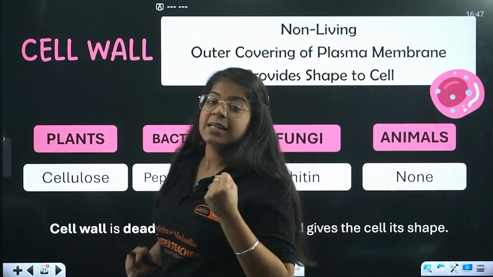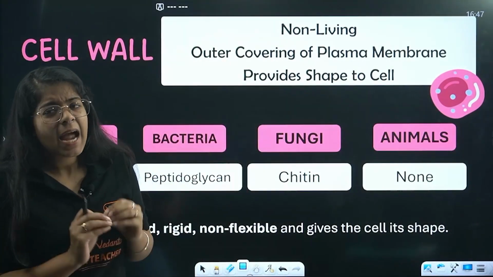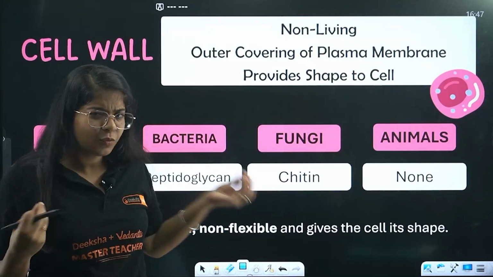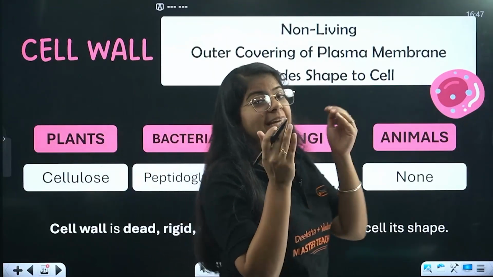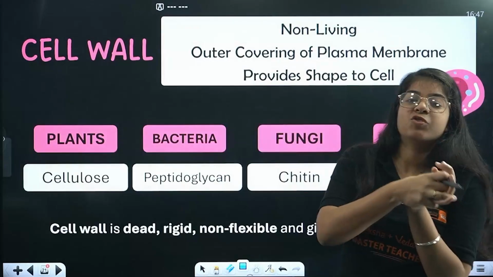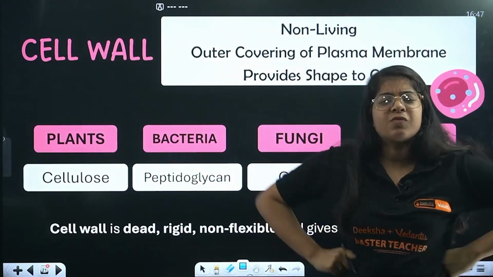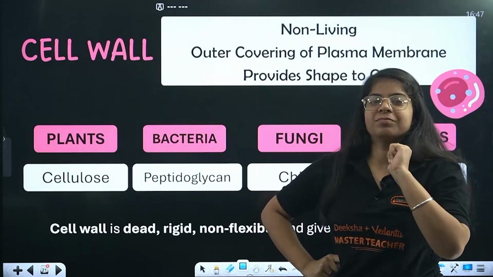For fungi, the cell wall is called chitin, and animals, just like you and me, we don't have cell walls. Okay, it basically is dead, it is non-living, it gives shape to our cell, and it is very rigid, it does not move. Okay,